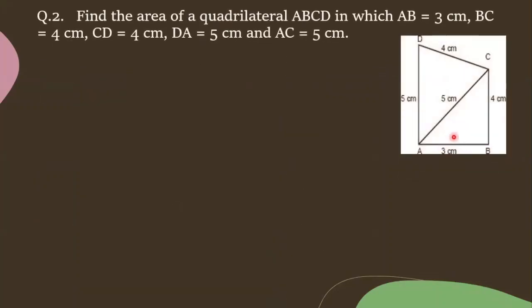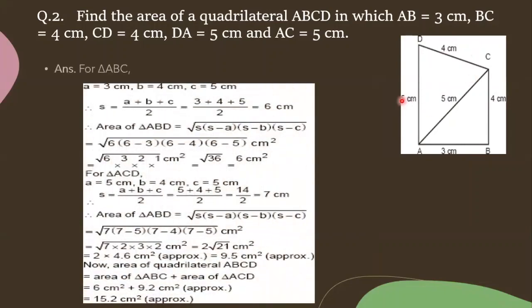And even this also, here in triangle ABC, all the side values and diagonal values they've given. You can apply Heron's formula to both triangles, or you can see triangle ABC is a right angle triangle, so you can apply half into base into height. So you'll get 6 centimeter square as the area of triangle ABC. Then for the area of triangle ADC, you can apply Heron's formula. If you add both, you'll get the area of quadrilateral ABCD. This also we discussed yesterday and we got the answer.